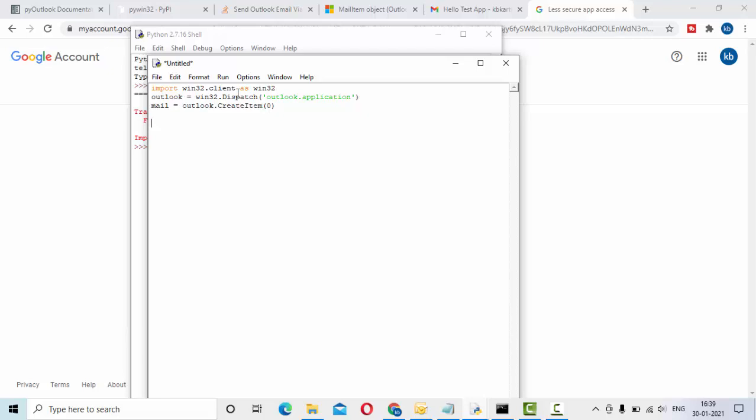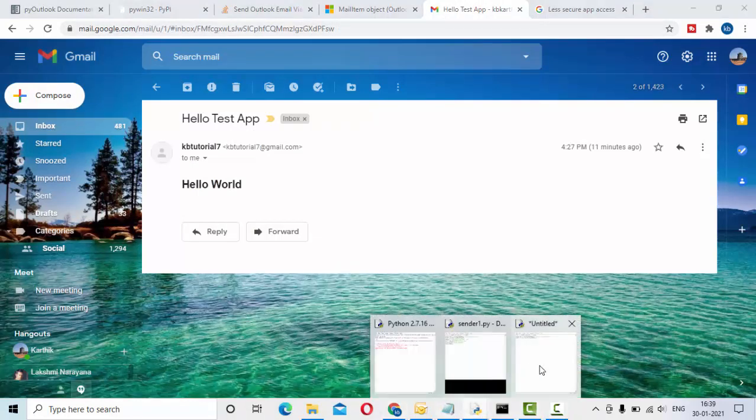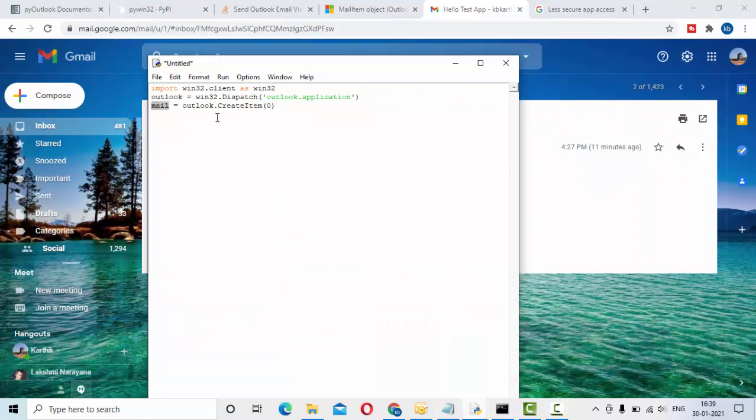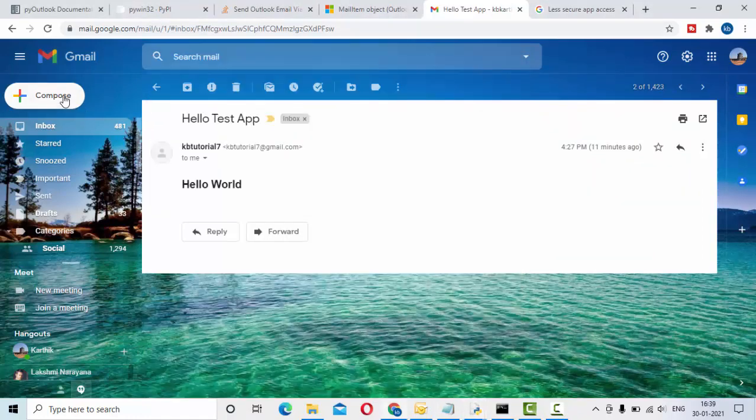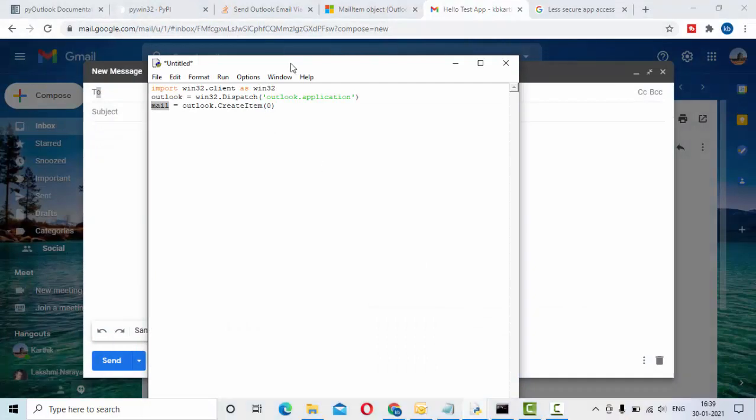Then the steps are the same as the ones that we follow when sending originally. When you click on compose, I'm creating this email initiation, so this is the meaning. Then once you click on compose, you have the subject and the body. Similarly, I'm going to apply the same things here.